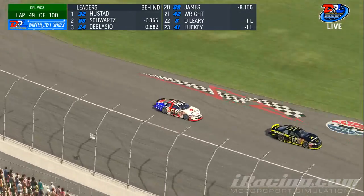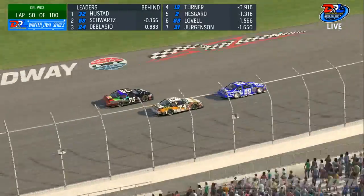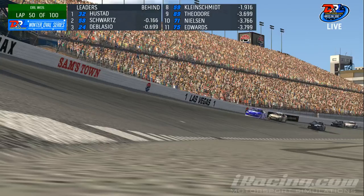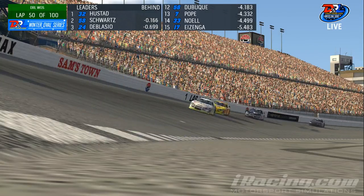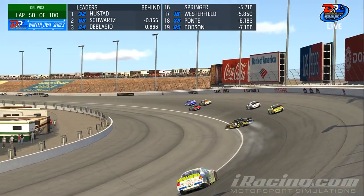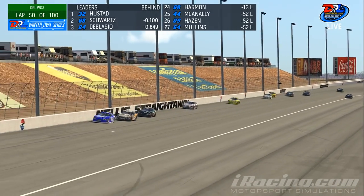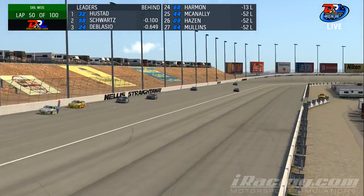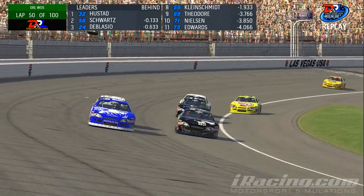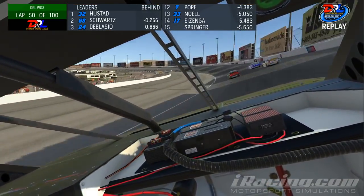Now, this battle for the lead, kind of taking it easy here again. Let's go look at the back here, where again all the action seems to be, the 71 of Austin Nielsen trying to get past or maneuver around Bill Edwards and John Theodore here. These guys have been too. Oh, we got a spin, John Dubuque. John Dubuque is able to save it here. We will watch a replay on that. We will go on board with John Dubuque here and see what happened here. And we do stay green, so